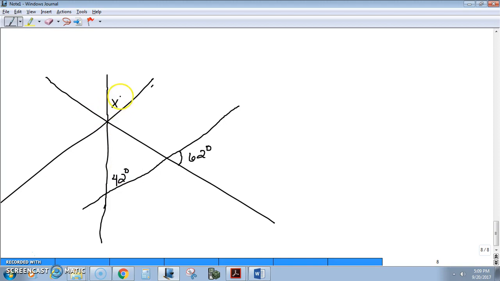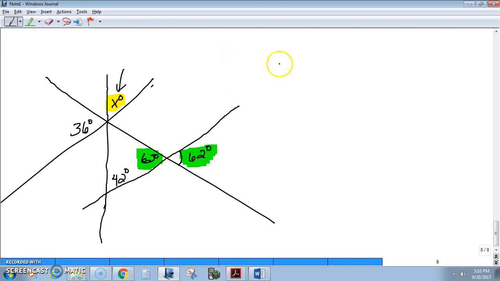And we have x here. We don't know. This is what we want to find. X marks the spot. And this is 36 degrees. So this is a little bit tricky because there's so many things to know. But we want to know what x is. Okay? We know a couple of things. We know this angle is 62 degrees, and I'm thinking they gave this to me for a reason. I know that vertical angles are the same,